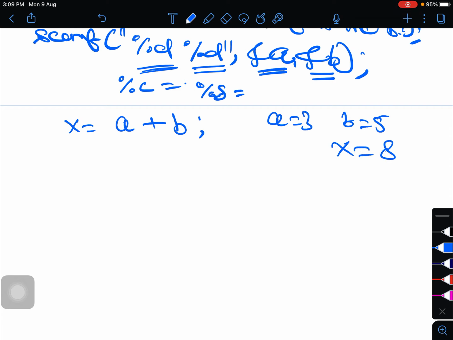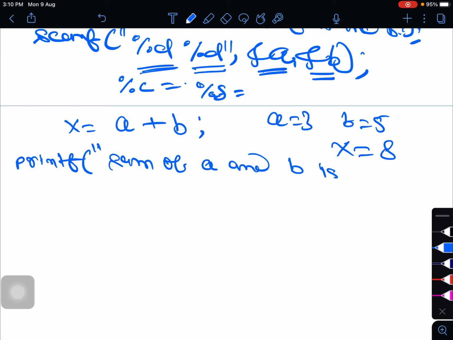So here we have found the value of x. Now we will print this, printf sum of a and b is equal to %d and x, and close.